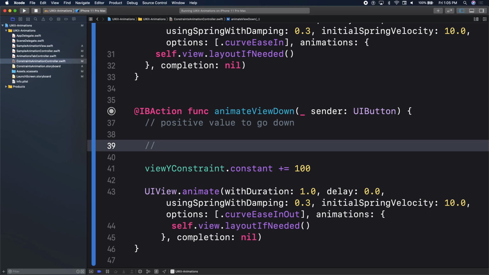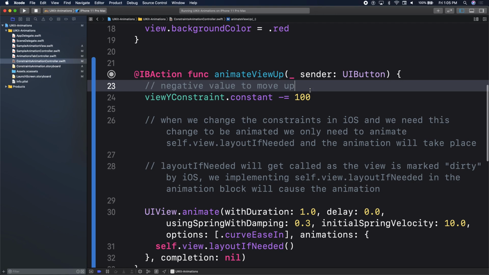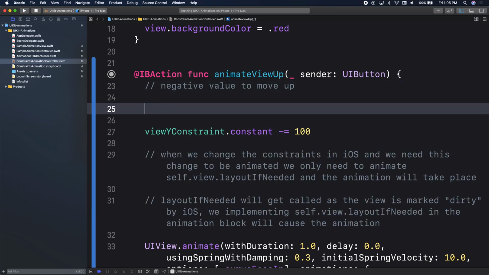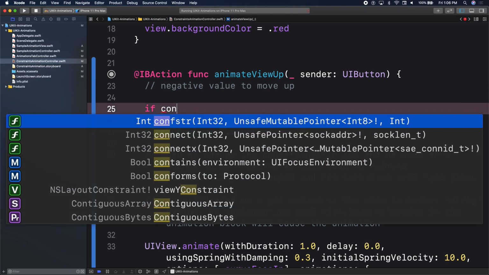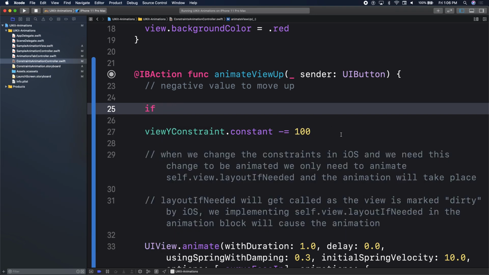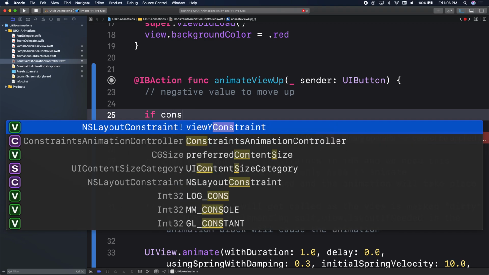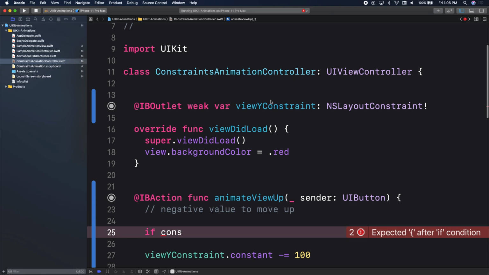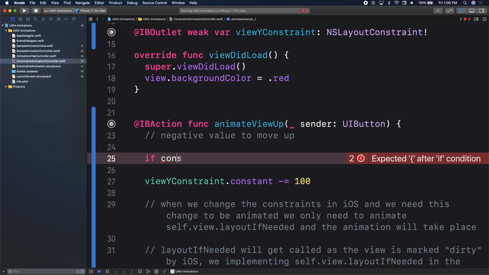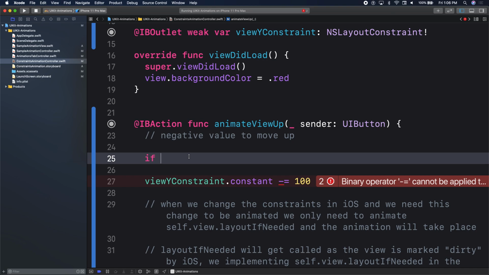Or just return. So I could say something like, let's actually do up first. Before we do this, we could probably do, view, what's it called? Constraints. Where's my instance? Oh, I'm thinking we're in a programmatic view, I'm sorry. I need an outlet to the view. I would need an outlet to the box, right? So if we have an outlet to the box, let's see if we could get it done. So, an outlet to the blue box